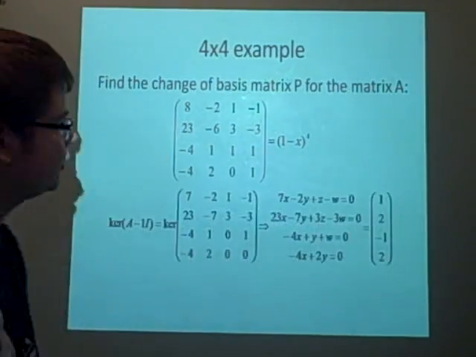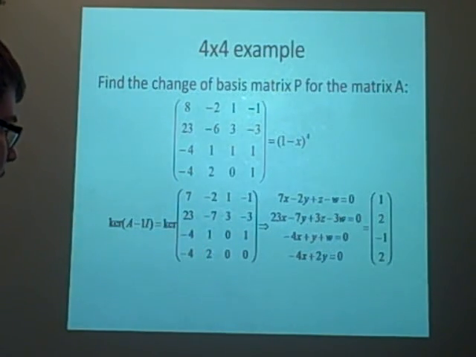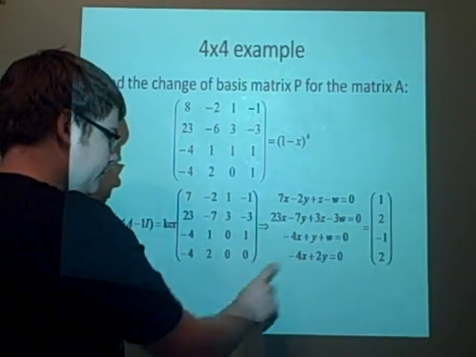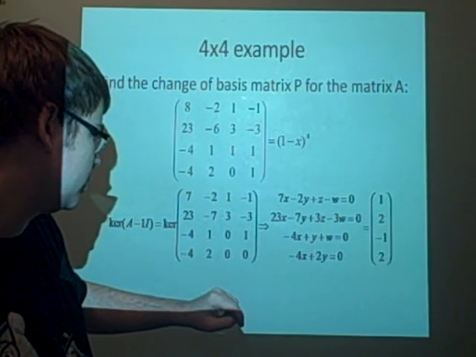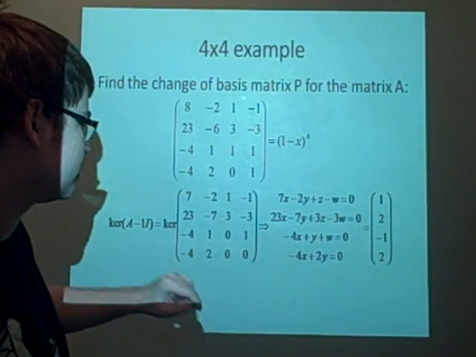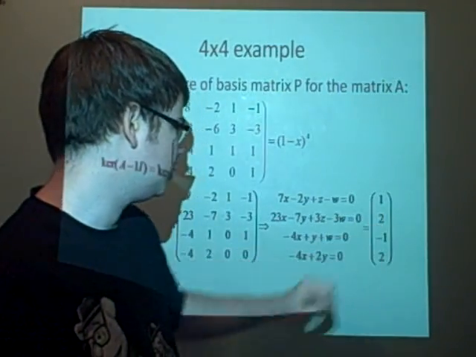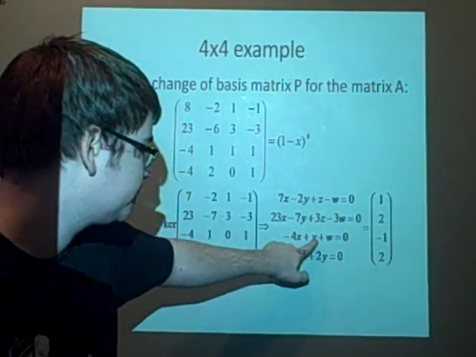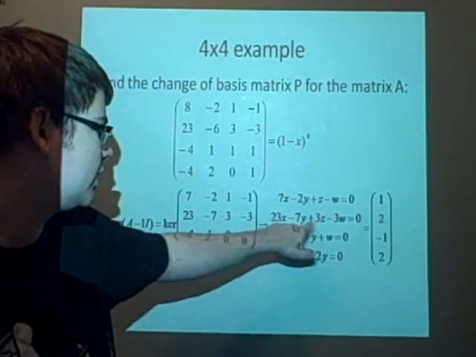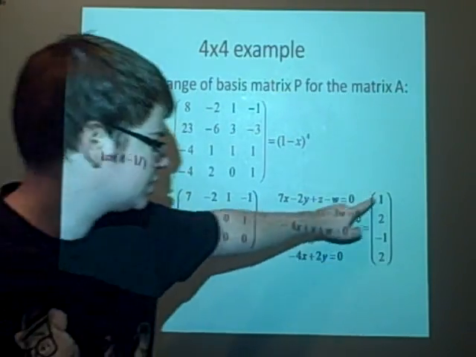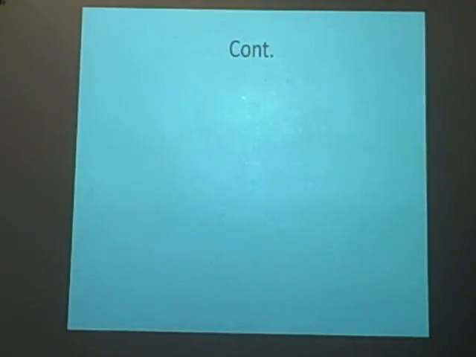So let's do the first one. It gives us this matrix here. I hope you can read that. And then we get these equations here. We can see we've got x in terms of y here. So y is 2x. So in this case, I start substituting in x is 1, and it will give us what y is there. And we can work out what w is, because we've got x and y, haven't we? And then because we've got all of them now, we can work out z as well from either of those, and this gives us this equation, this vector here. The next one